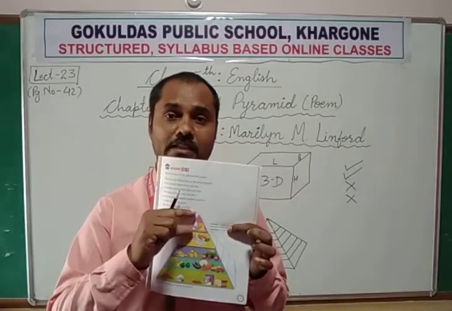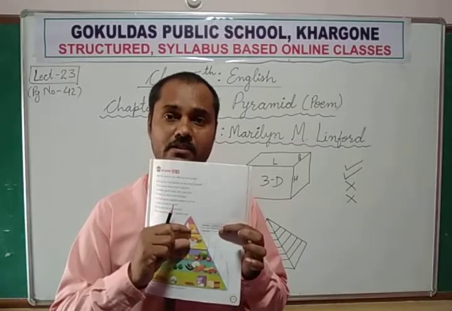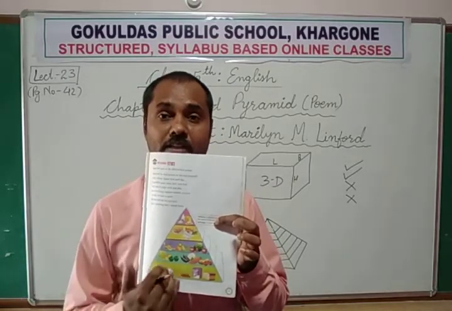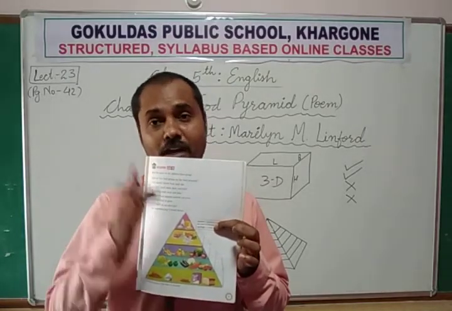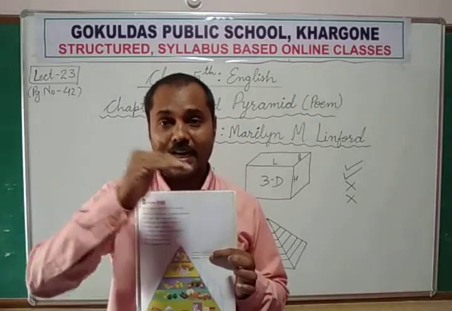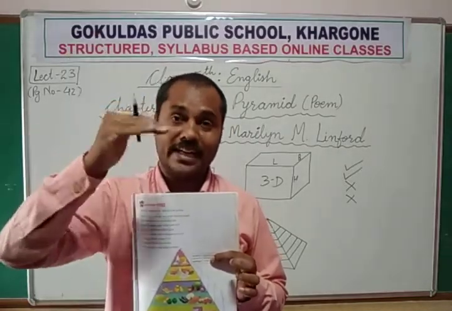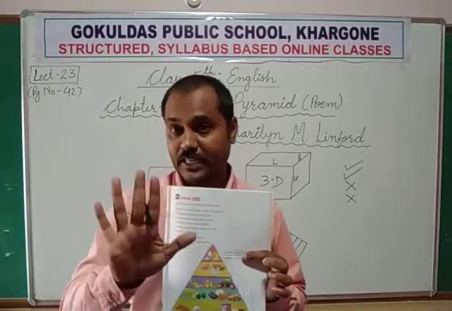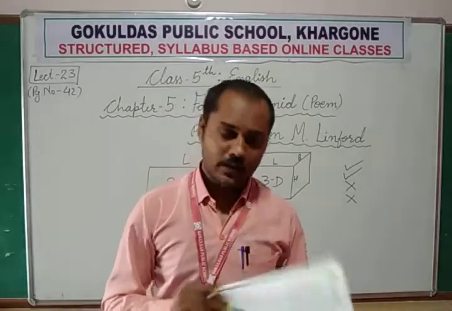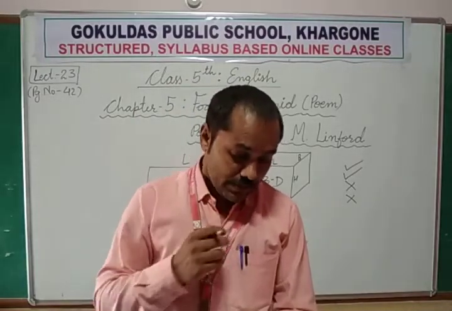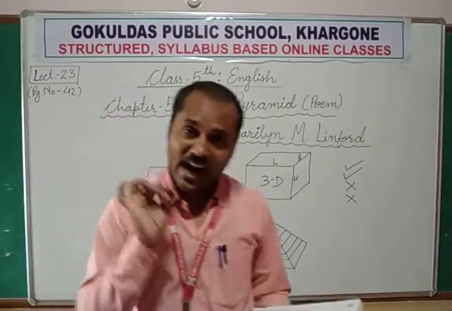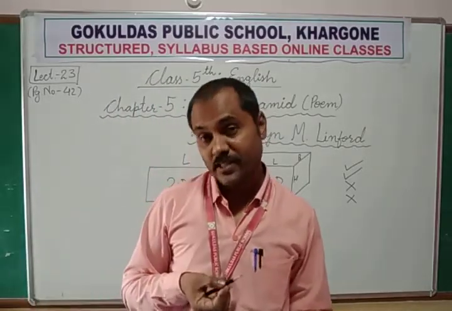Now if you see, there are some stages. One stage, second, third, fourth and fifth stages are there, and these 5 stages show 5 different categories of the foods, in which some foods are categorized into 5 different categories. Category means group. Okay, now let's start. Be ready with your pencil to underline some hard words, some new words to learn.